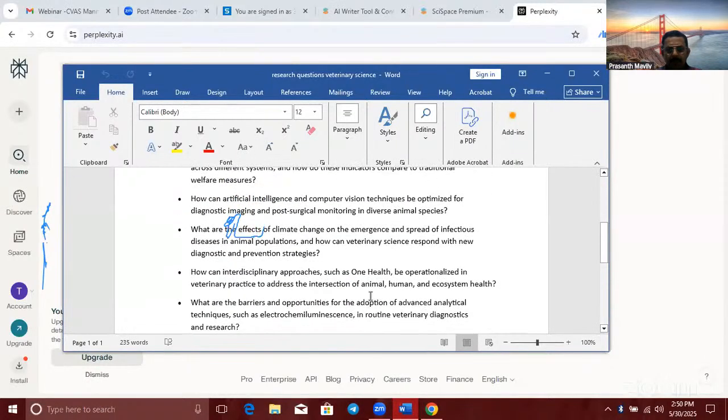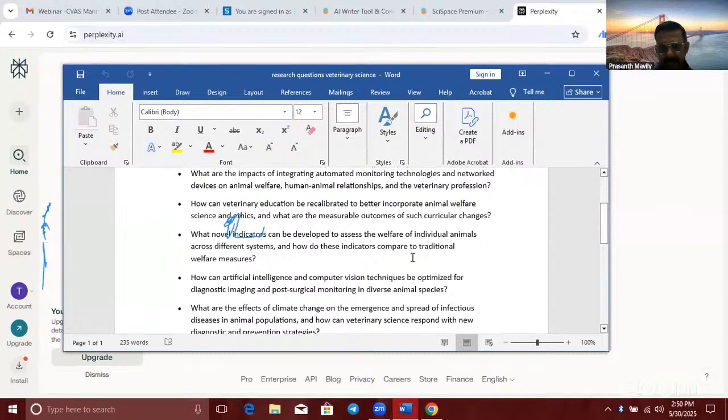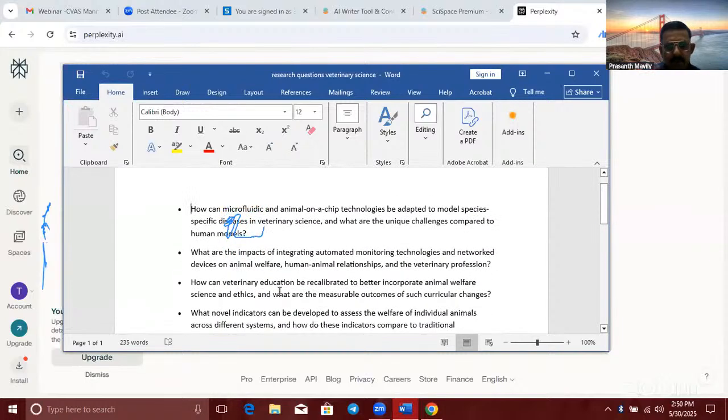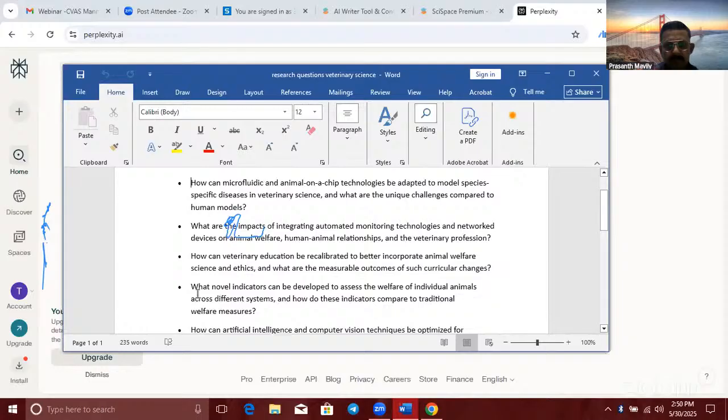I have prepared a research question related to veterinary and animal science. I will copy paste it now. See, this is the question I am using.